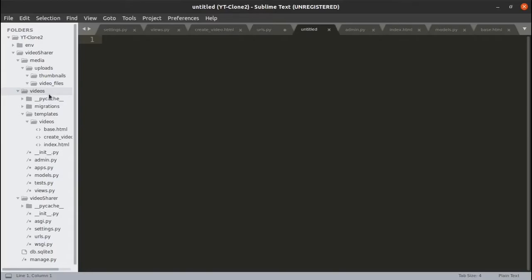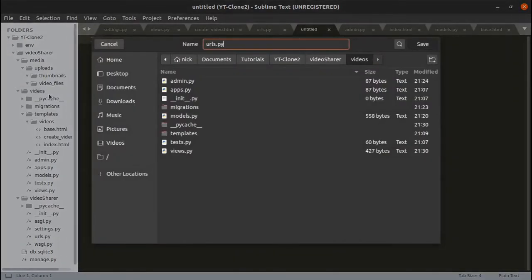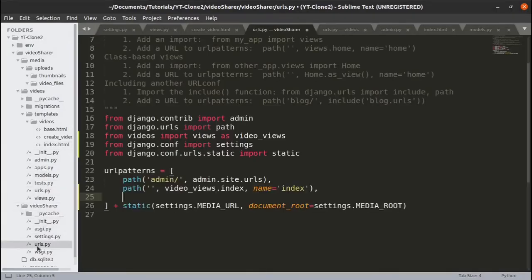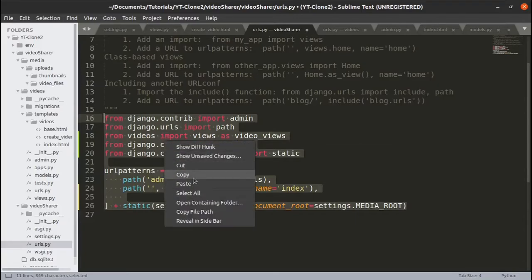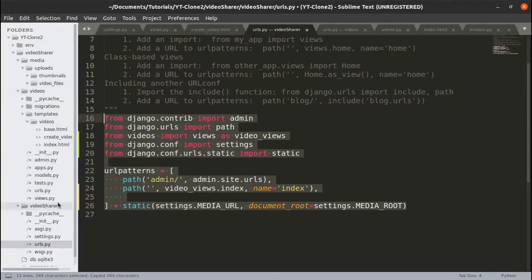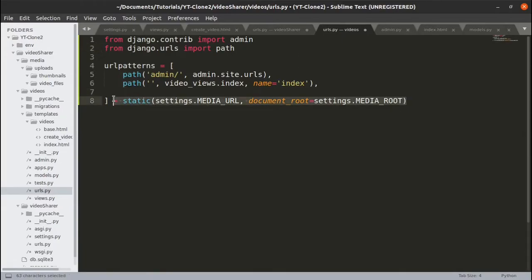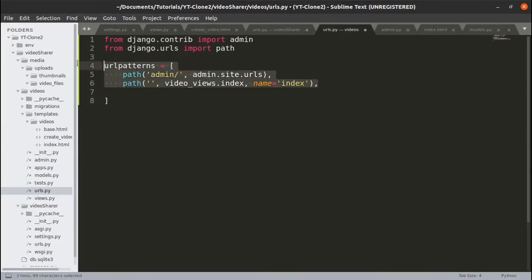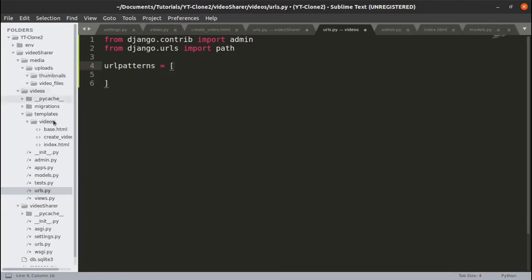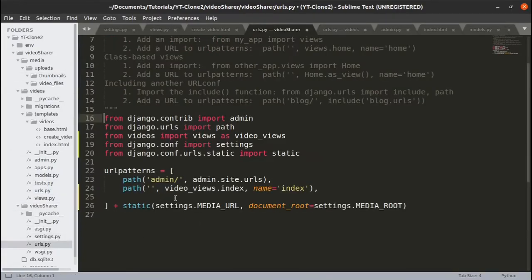Let's create a new file. We'll save this as urls.py. And then back in this URLs file here, we'll just copy it to get a starting point. Where is it? Right here. Paste that in there. We can get rid of this, and we can get rid of this, as well as our views here can go away. And now we want to add our include here. So up here with our path, we need to add include as well. Import that, and then below this